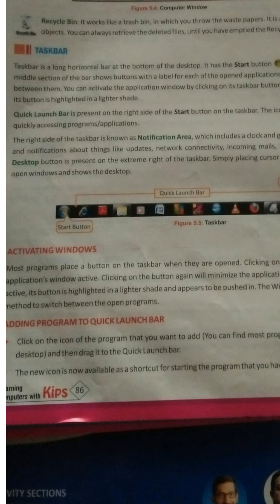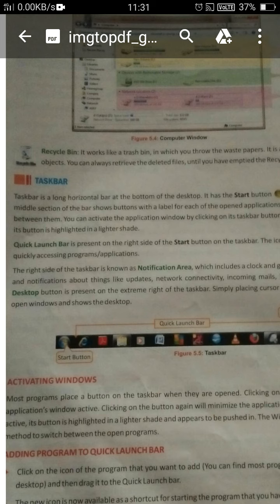Activating a window means whatever application you want to open. Here one more thing, what is a window? A window is the application whatever you are opening; that application is opened in the form of a window.